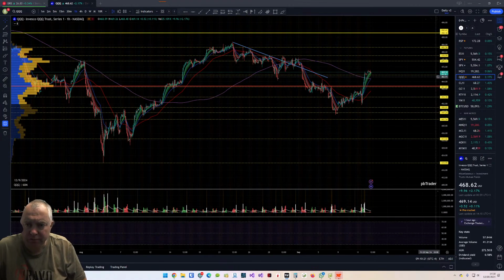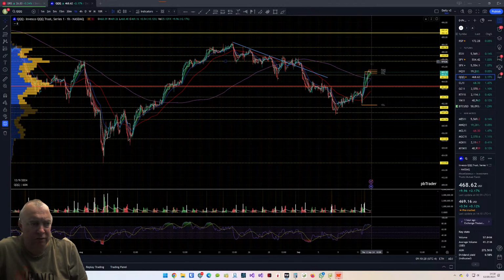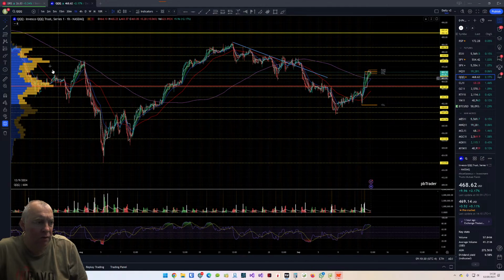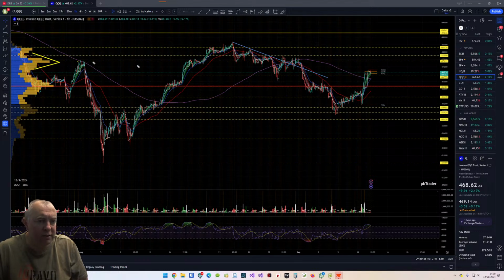QQQ, pretty much the same. We've got this rejection area at 475.10, 475.11. Lots of volume, a volume shelf over here to the left on the volume profile. We've got pivots, double top pivot, bottoms, big area of confidence there, so we've yet to come back up and retest that. That's a rejection, but I do quite like the break and retest of pre-market high into that area